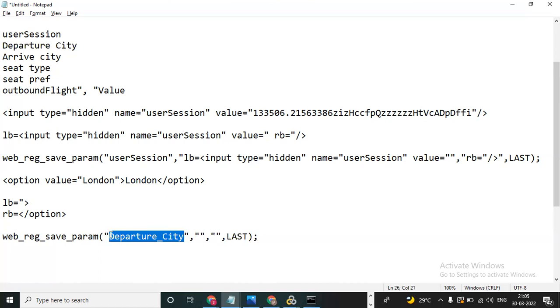But you need to give a related name. So whichever value you are correlating, give that name. Departure city, you give departure city. User session, you give user session. C type, you give C type. And now you can copy this LB in double quotes, after that RB also you can give. So up to now is finished.